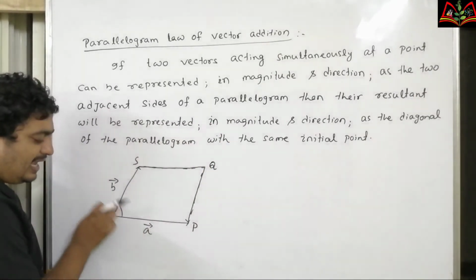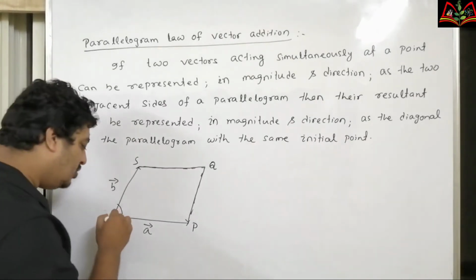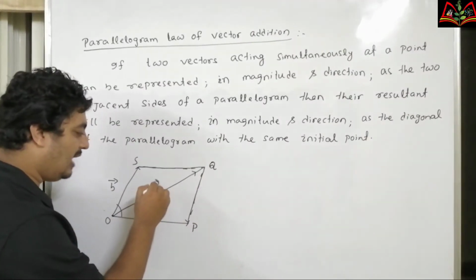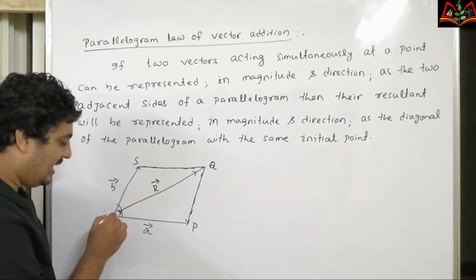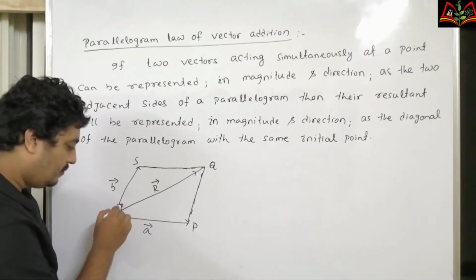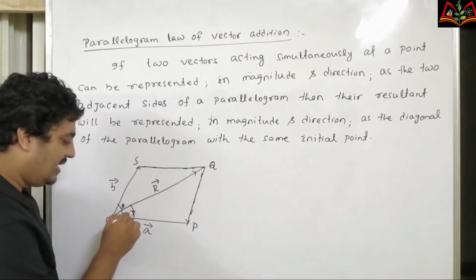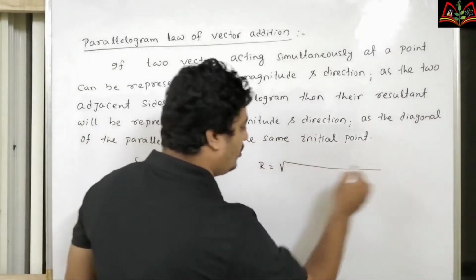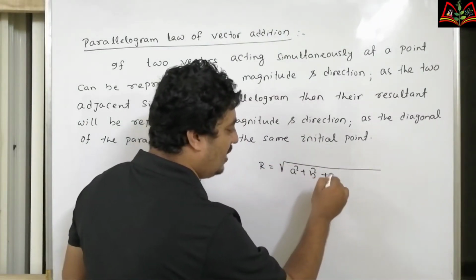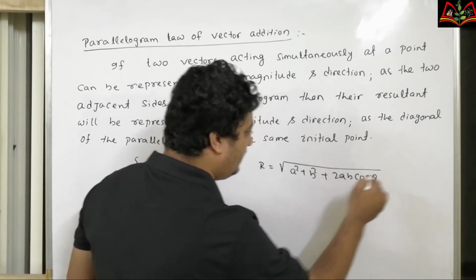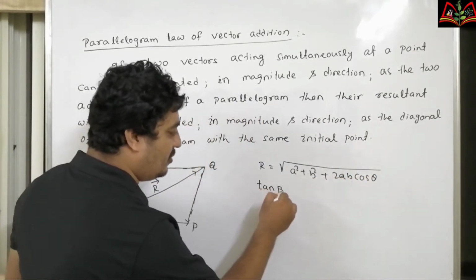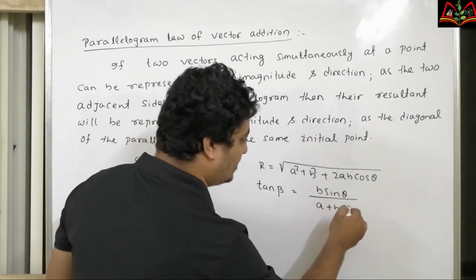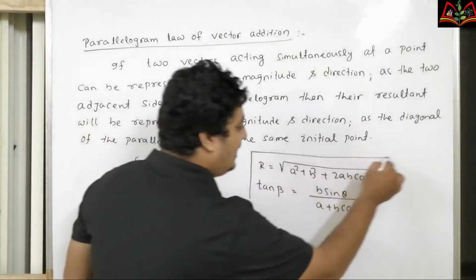initial point. So A and B have the initial point O. So the resultant also has the initial point O. So this is equal to R. Now let the angle between A and B be theta, and the angle between R and A be beta. Then we can write R equal to root over of A square plus B square plus 2AB cos theta, and tan beta equal to B sin theta divided by A plus B cos theta, which we have already derived